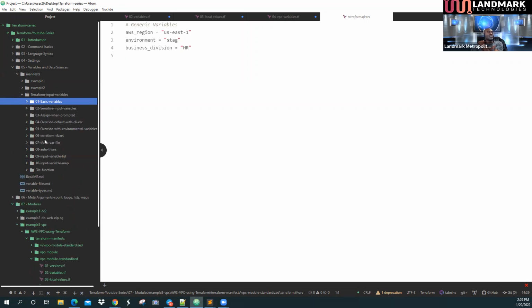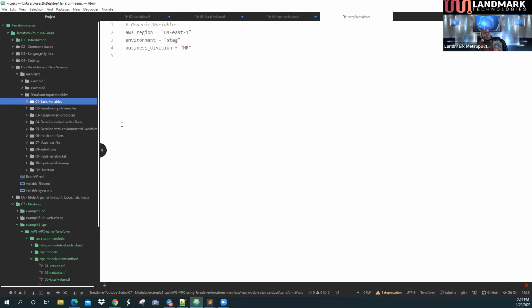You can use terraform.tfvars. You can use a file. You can use an auto.tfvars, right? You can have them as input variables whereby you are prompted to input them. You can use environment variables, but there are basically 10 different ways in which you can pass